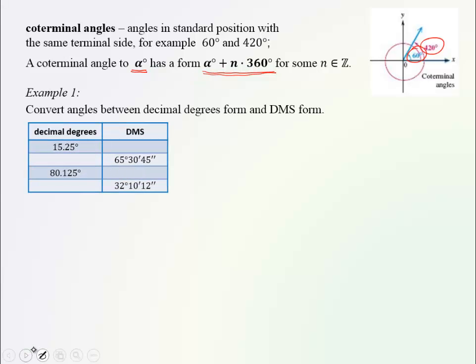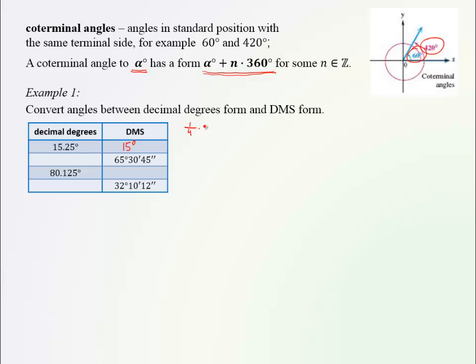We also need to learn how to change the decimal degrees into DMS mode, which is degrees, minutes, and seconds form. For example, here we have the first exercise: to change 15.25 degrees into DMS mode. This one is reasonably easy because it's 0.25, which is 1/4 of a whole degree. So we know that this is 15 degrees, and 1/4 of a degree on the side you can calculate 1/4